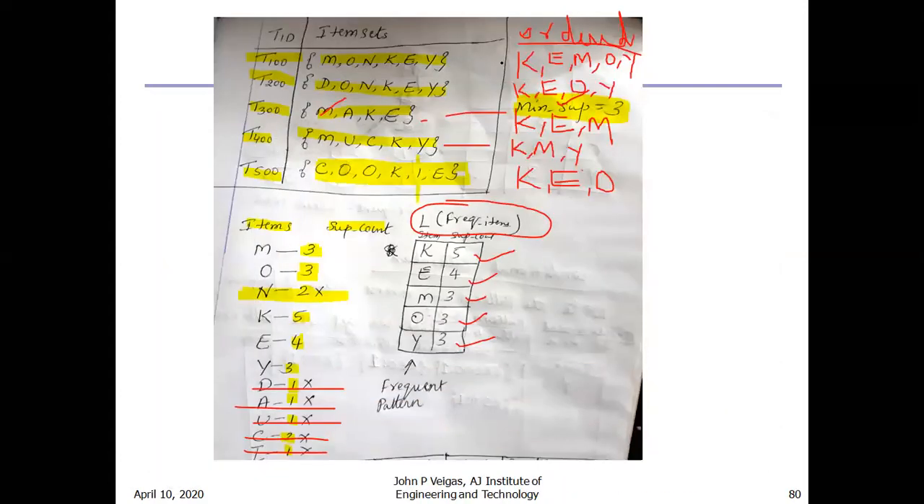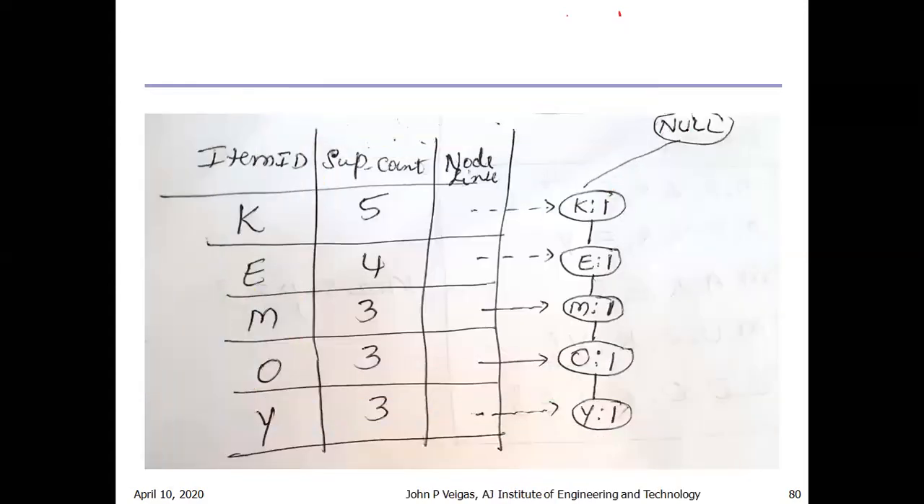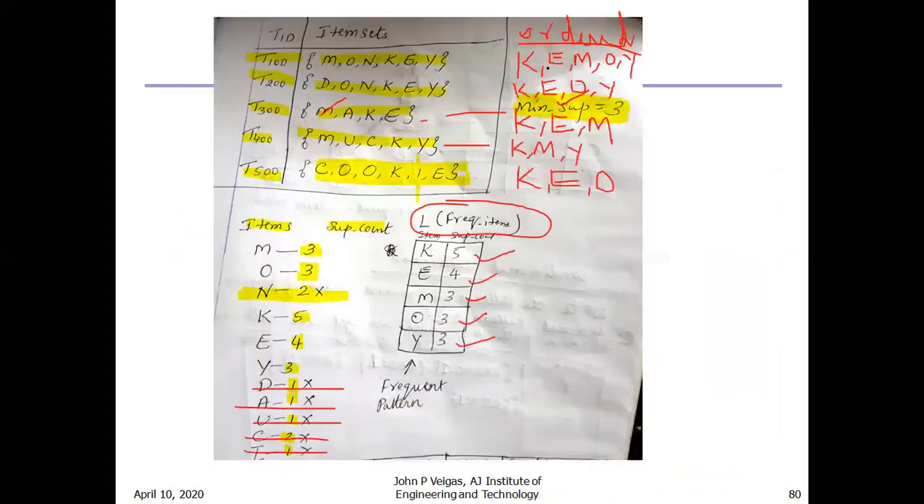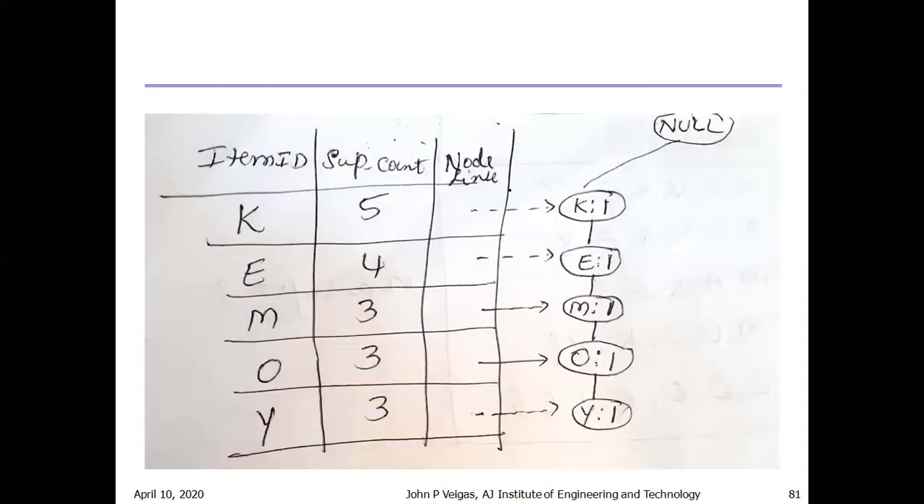Now take this first transaction. Its ordered item set is KEMOY. Draw the tree. From the null, KEMOY. Write its corresponding frequency or support count. How many times is it there? Only once. K is once, E is once, M is once, O is once, Y is once. So what we are doing is drawing a tree, starting with the root node null, and here we are creating a data structure, and we are connecting a